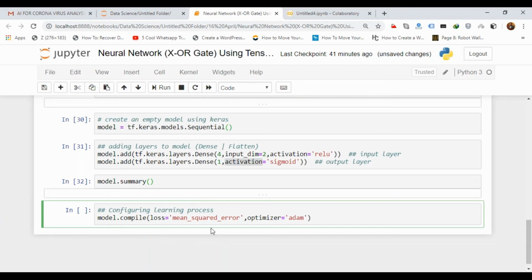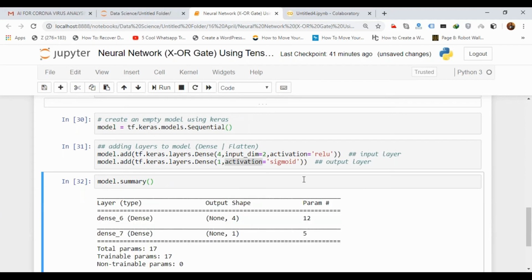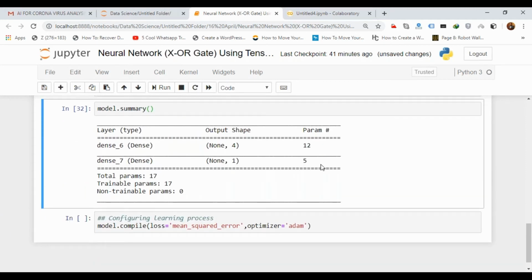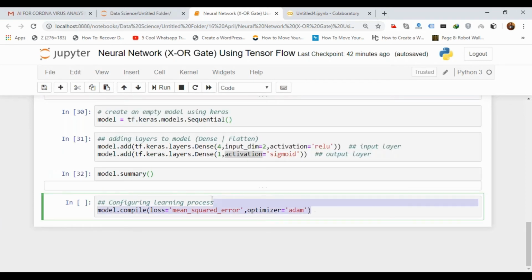In the summary, what does param mean? Param is basically the number. Actually, I will have to check that. Basically, the number of inputs into the number of layers. Basically, the number of neurons. So I'll just check this. I will tell you about this. I know that the number of neurons will be 4, na? So 4 into the number of inputs, as I have studied previously. I'll just check and tell you too. So this code is not complete. Let me complete this, then I will paste the code.